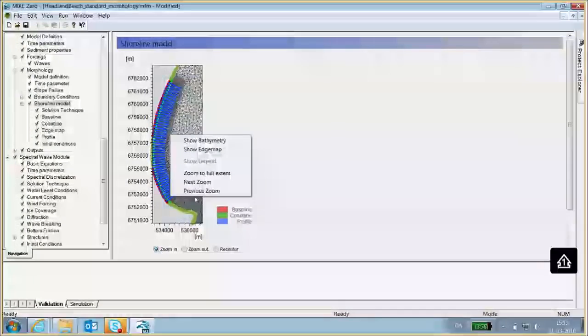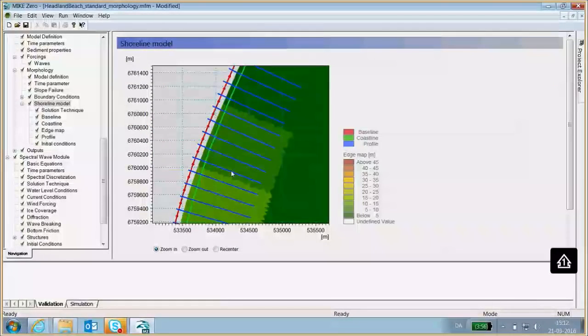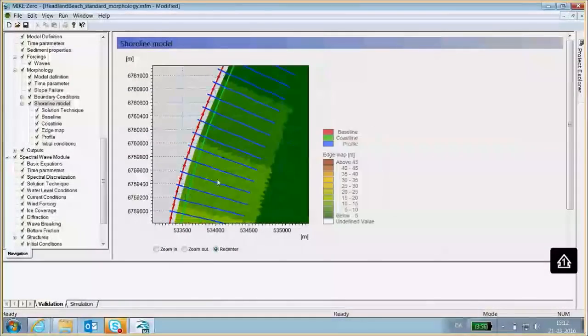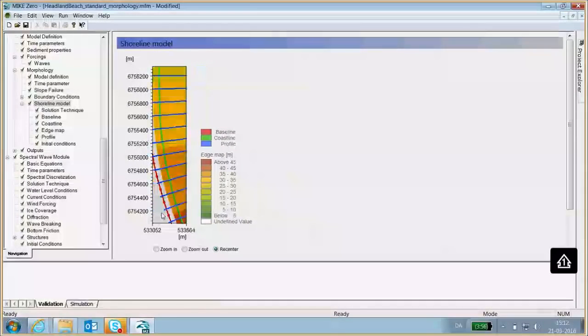And then the last one is of course the edge map, and you can also zoom in and have a look at how it looks. You can see here, when you zoom in, this is where all the baseline points are located, and this is where all the shoreline points are located. So it's a good way of just checking the inputs that they are as they should be. You can also see here you have one coastline point on the outside of the baseline, and you should also have that in the other end.